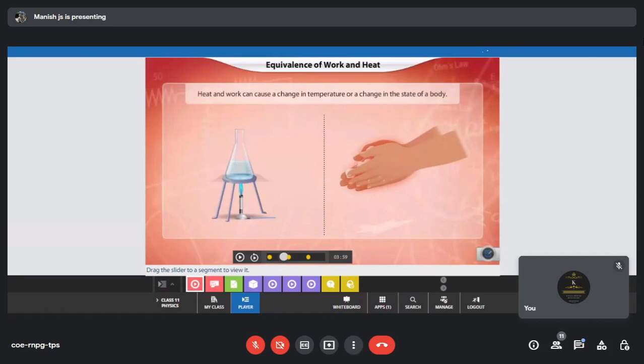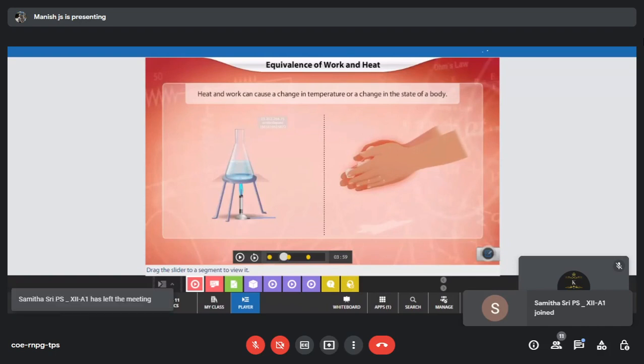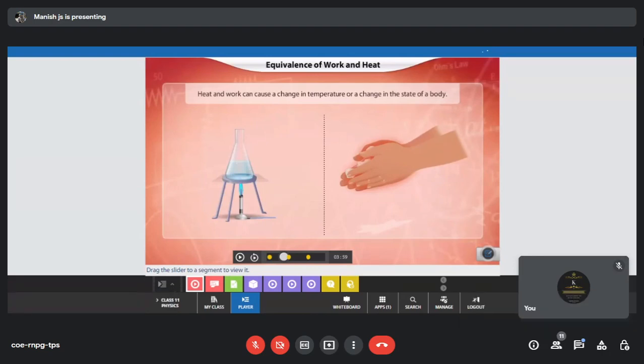In the same way, in the first case, on the left side diagram, water is poured into a conical flask and kept on top of a Bunsen burner. When it is heated, what's happening there? The liquid water would eventually get vaporized, provided the boiling point is met. Everyone knows the boiling point of water is 100 degrees Celsius. So when it reaches 100, obviously it gets converted to vapor, water vapor or superheated steam. So don't you think there is a change in state of the body?